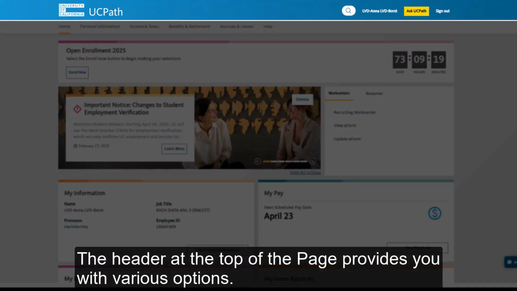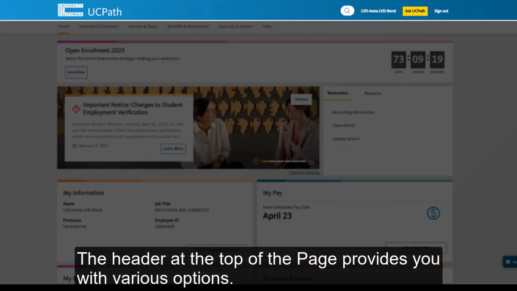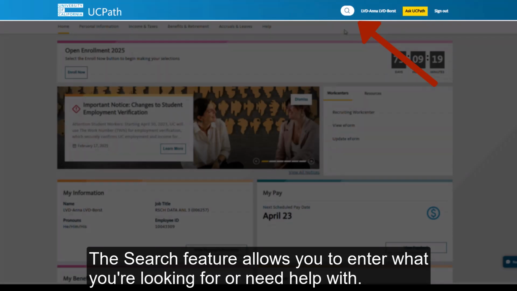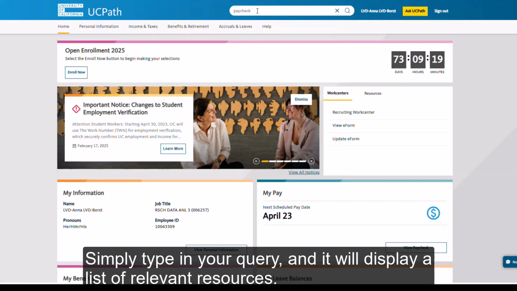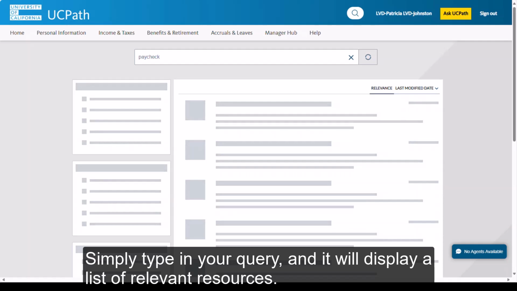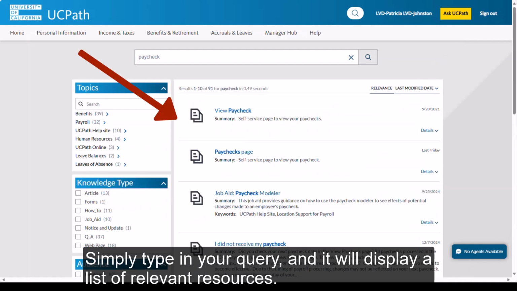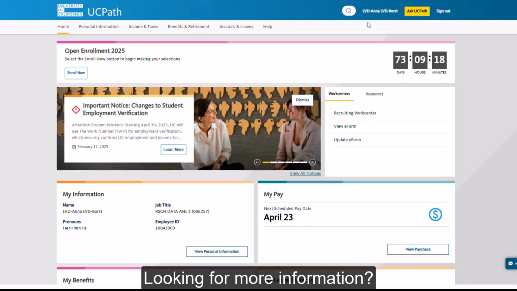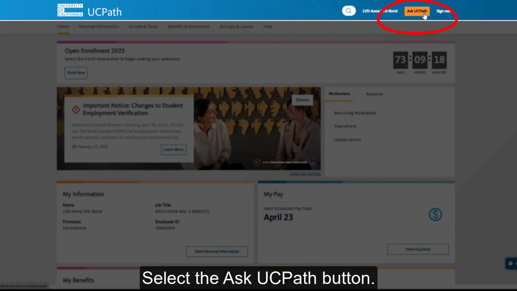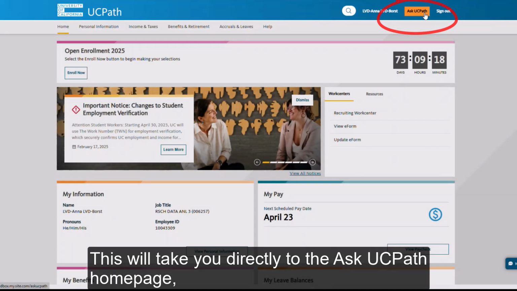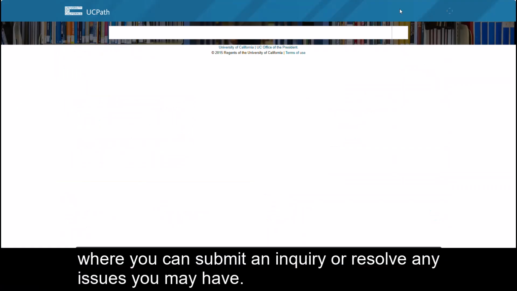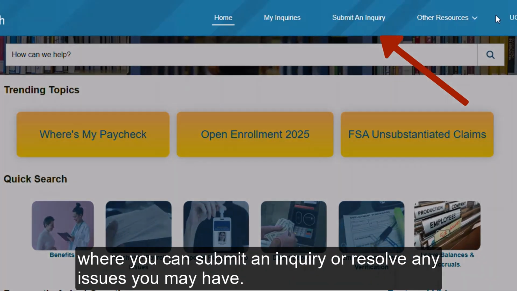The header at the top of the page provides you with various options. The search feature allows you to enter what you're looking for or need help with. Simply type in your query, and it will display a list of relevant resources. Looking for more information? Select the Ask UCPath button. This will take you directly to the Ask UCPath homepage, where you can submit an inquiry or resolve any issues